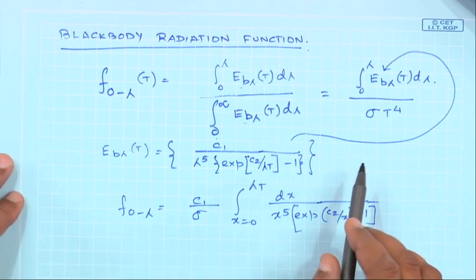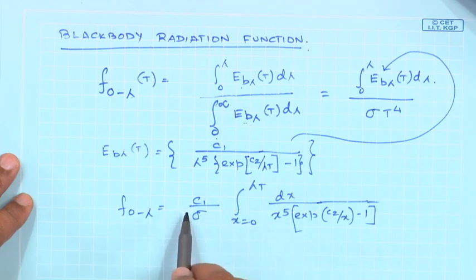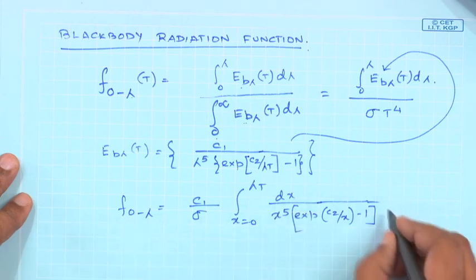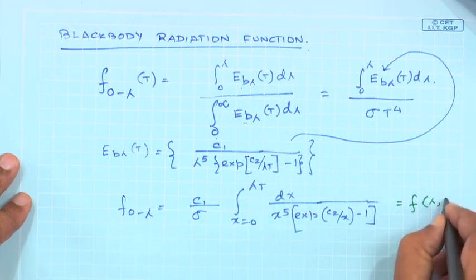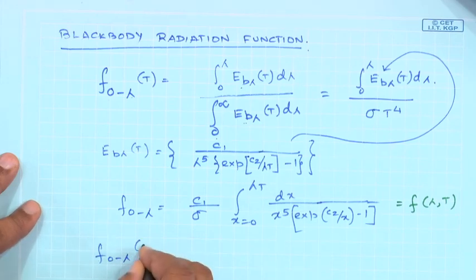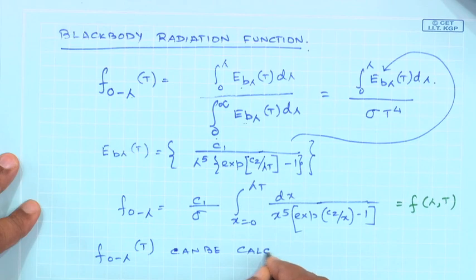Okay. So, again I have used that x equals lambda times t, and the way we have done it for the Stefan-Boltzmann equation, this is what you are going to get. Of course, here also you would see that this fraction is a function of lambda and a function of t as well. So, this integral can be evaluated, and f 0 lambda at t can be calculated for a given t,